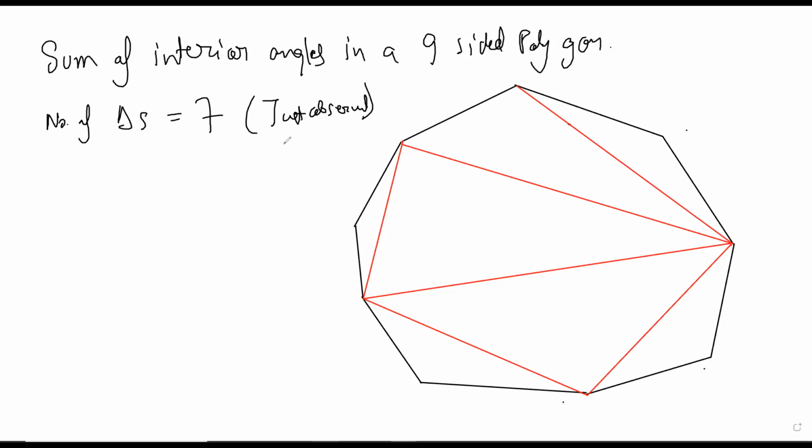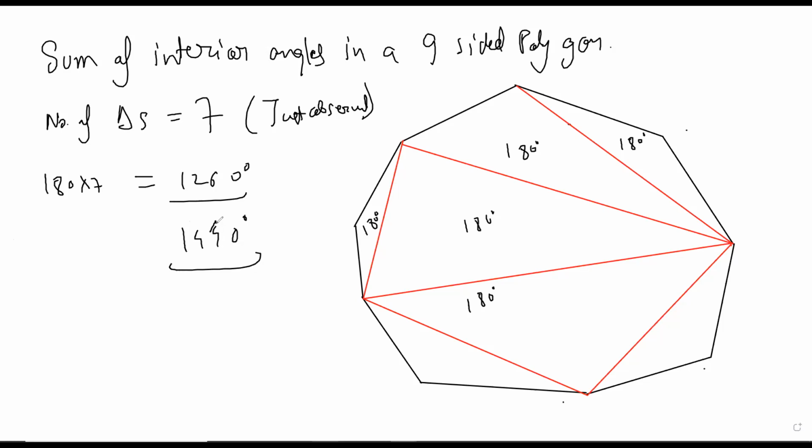So in each triangle there will be 180 if we add all the interior angles. So it's going to be 180 into 7, which is going to be 1260. Very good. Raghav's calculations are lightning fast. Even I didn't know how he got it. So it's 1260. Very good. But if it's in a 10-sided polygon, then it's going to be 144. Very nice. The speed is important.